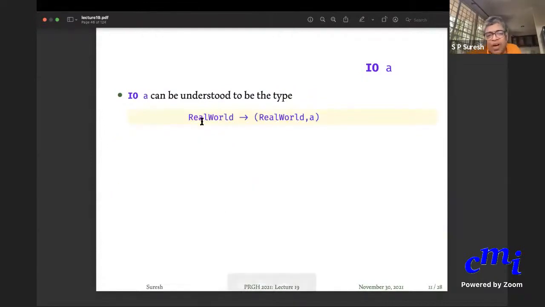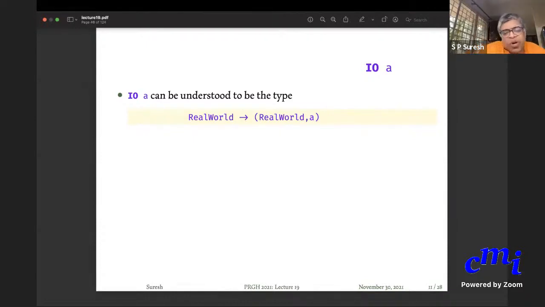You have the real world, which is all your screen, your memory inside your computer, all your keyboard input you will get. You can think of it as the real world or my computer. Give it whatever name you want. I'm calling it real world. It's a function that takes a real world as input and produces a new version of the real world.